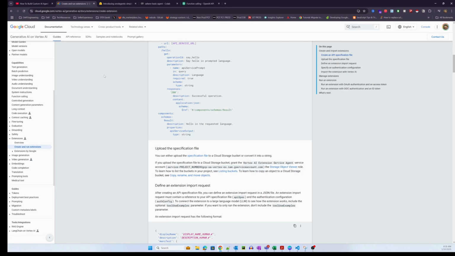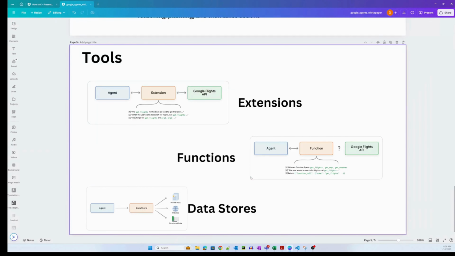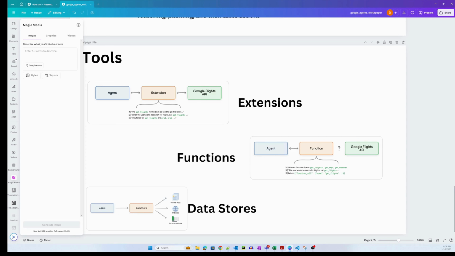One final observation, let me go back to this. While the architectural differences between extensions and functions seem subtle, the choice often comes down to control versus convenience. Developers seeking granular control over API interactions will find functions an appealing option. But I think most of the architectures follow the extension framework today.